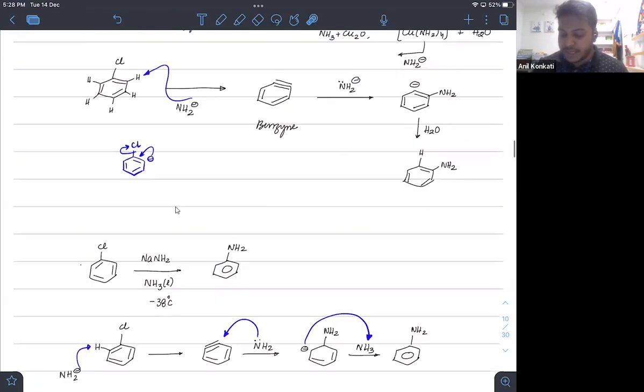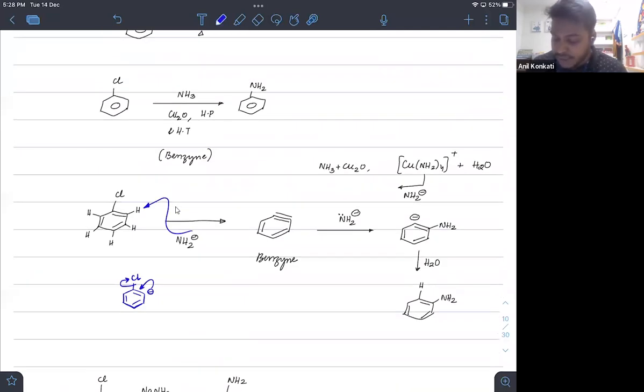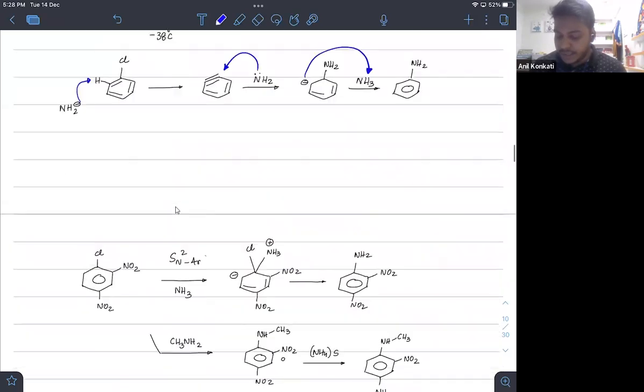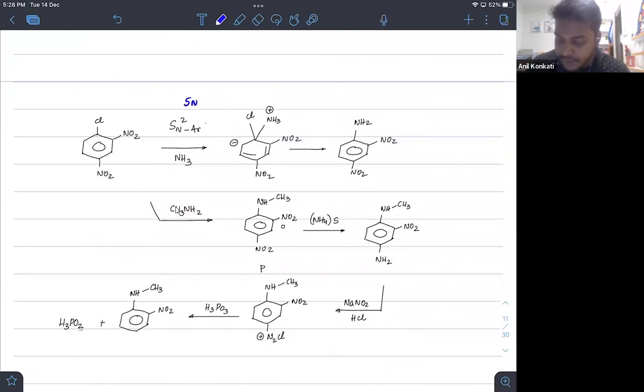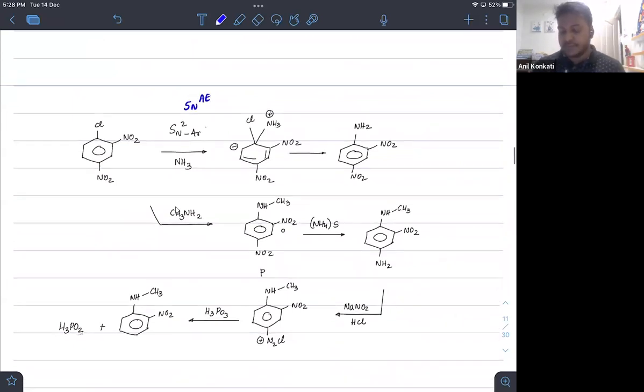Look, what is the benzyne mechanism? If you all can recall, the benzyne mechanism is an elimination addition reaction. That is how the substitution is happening. While ArSN2 will always be an addition elimination reaction. So here first the addition happens, ammonia will get added up, and once the ammonia gets added, because of the withdrawing groups, the anion will get stabilized here, and between these two groups it will see that chlorine is a better leaving group, it will release that chlorine and you will get this ammonia form.